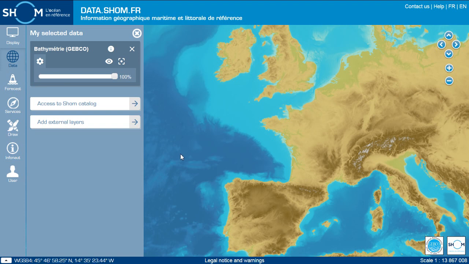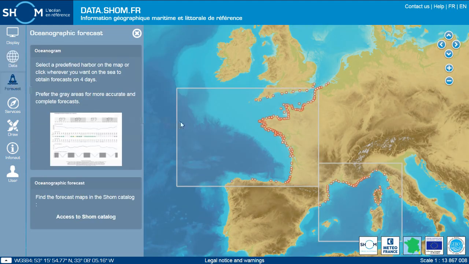So when you arrive on the welcome page of data.shom.fr, you are in the Data tab here. To access the Oceanogram service, just click on the forecast icon below. Then you can generate an oceanogram by right-clicking in any marine area you want, or by selecting one of the predefined ports